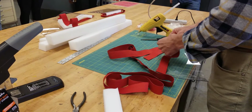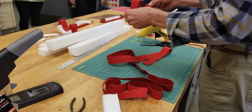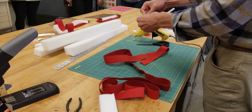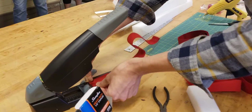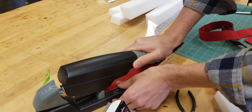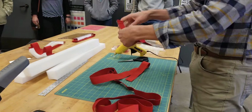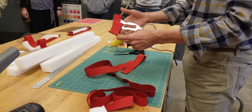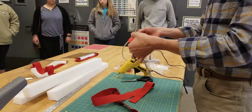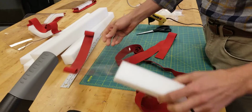We found that it was easier to attach the headband first and then hot glue the foam. So we're attaching this other side. Again, nice and slow on the stapler. All right. Now I'm going to go ahead and flip the headband out of the way. The foam